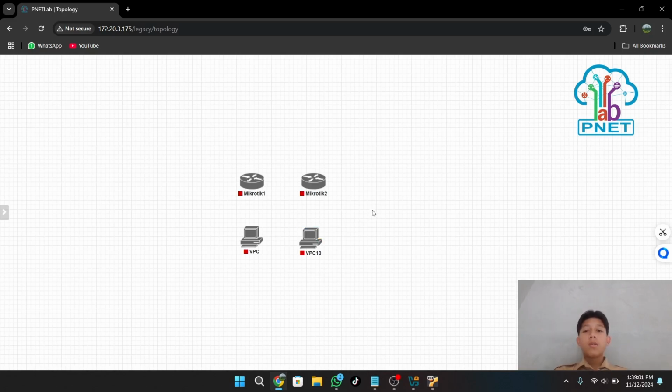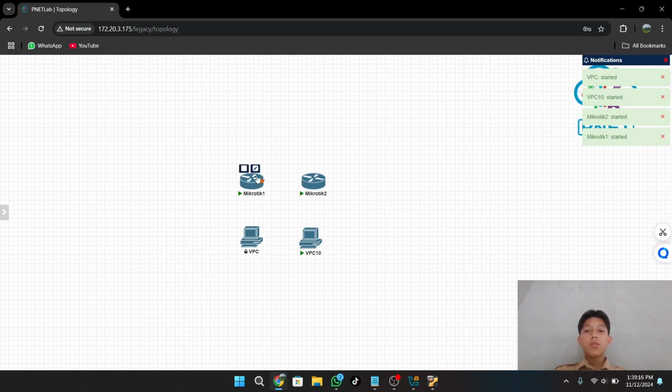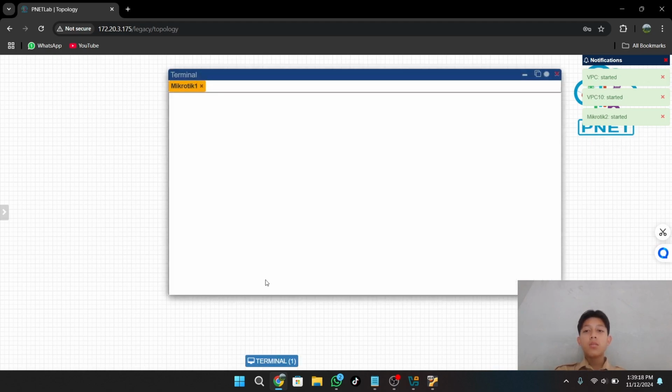Okay, if done, you can start the MikroTik and the PCs. If it is running, you can click on the MikroTik to open the terminal.